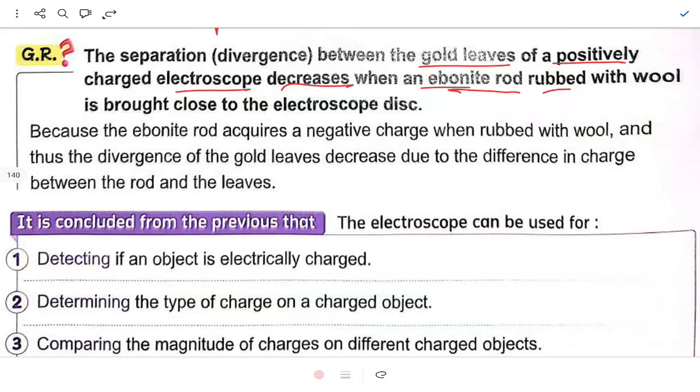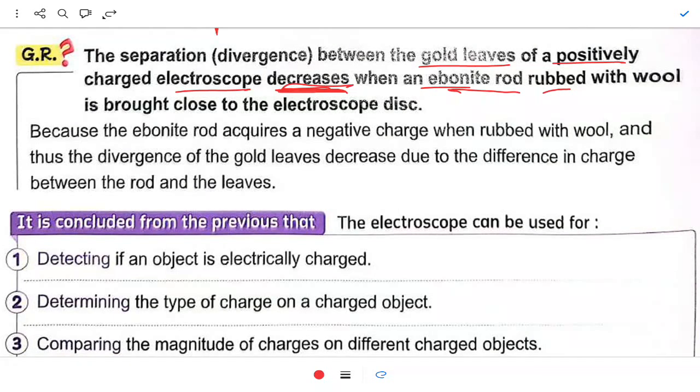So the divergence between the two gold leaves would be what? It will decrease. The divergence will decrease because they are not the same. They are not the same